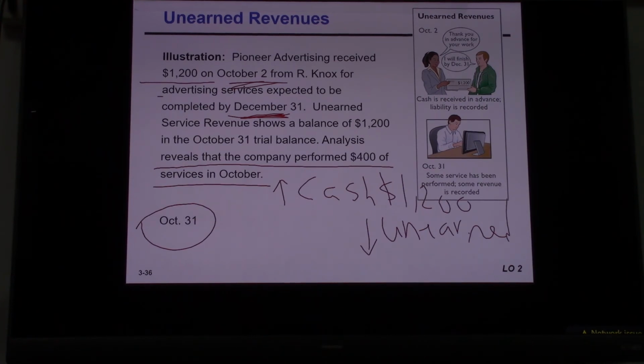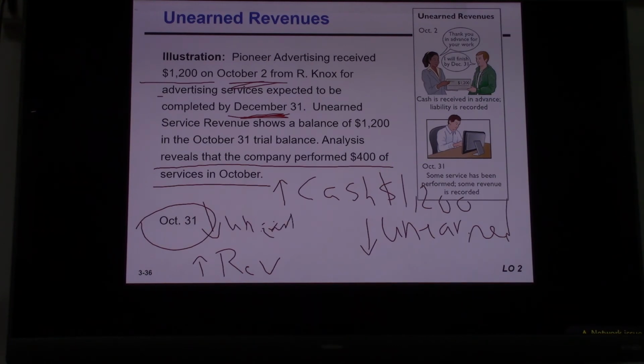Of course, because we have performed part of the service by $400. So our revenue will increase on the credit side by this value. What about the debit side? Our liability should decrease because now our obligation decreased by $400. So unearned revenue will decrease